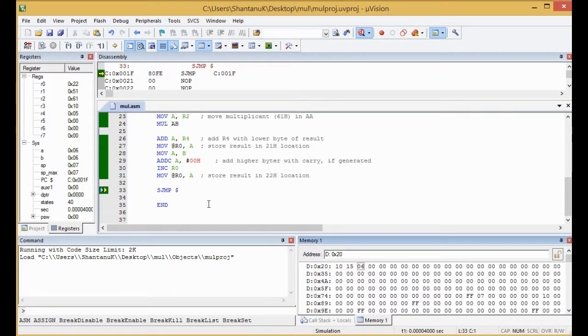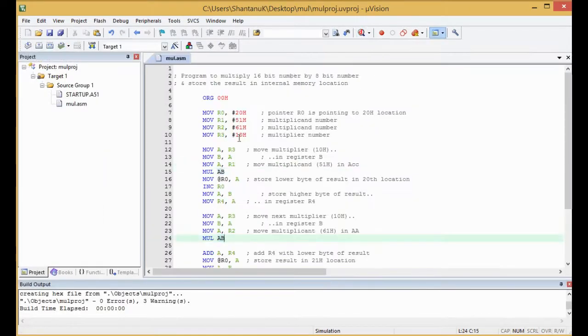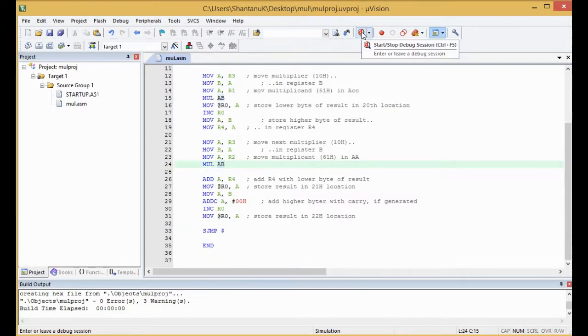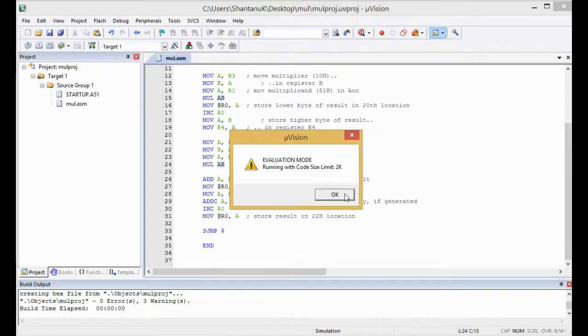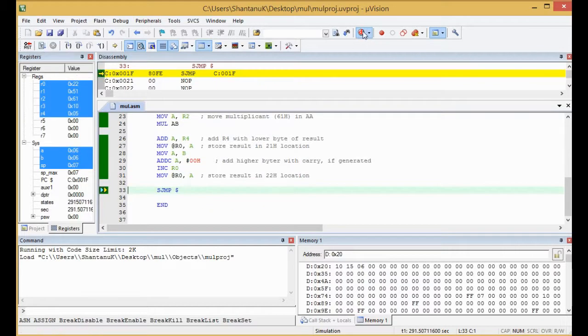So in this way we have executed this program, and also you can execute the program directly without clicking on this particular button. Let's see how. Initially, let us suppose we are at the beginning of the debug mode. I will click on the debug mode button, and after this, if I click on the Run button, initially you can see there is no answer over here, that is at 20, 21, 22. The moment I click on this, the content will get modified. In this way the program gets executed. We will have to stop it, and after that we will come out of the debug mode.